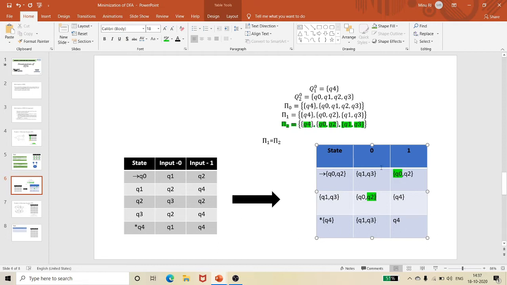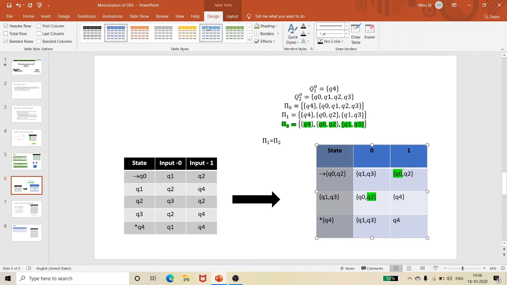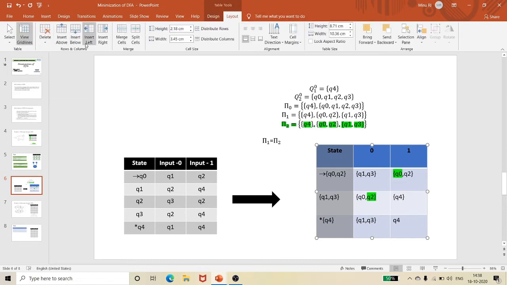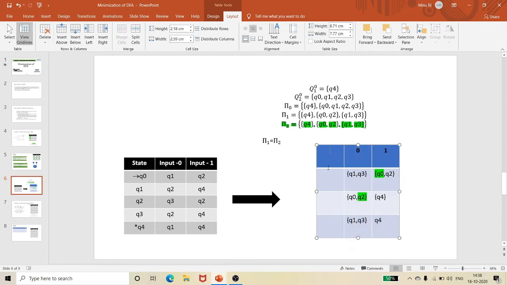The reason I have included this Q2 is that now there is no single Q2 state. We have converted this 5-state DFA into a 3-state DFA which has only 3 states. Actually, if you want, you can rewrite this in such a way that, let me insert it in the left hand part. So, these are my old states.